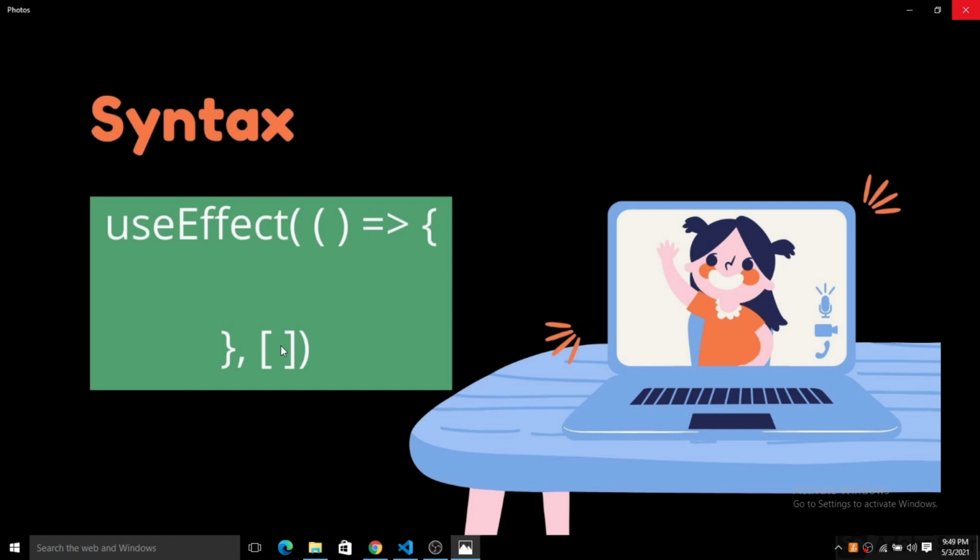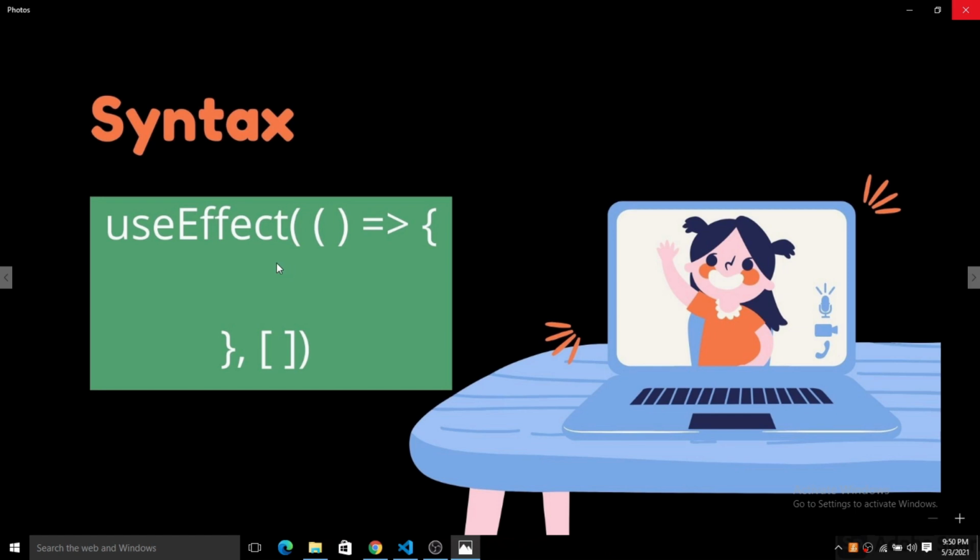If there is a player, you add an if statement there, and in the condition you add: if player is equal to, and we have a player name, MS Dhoni.